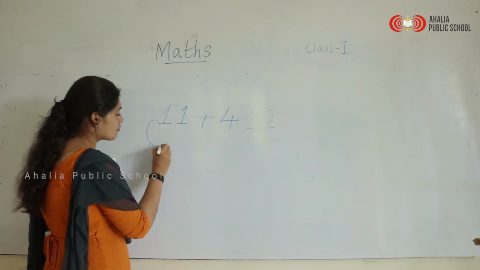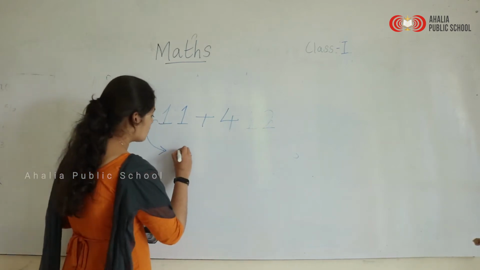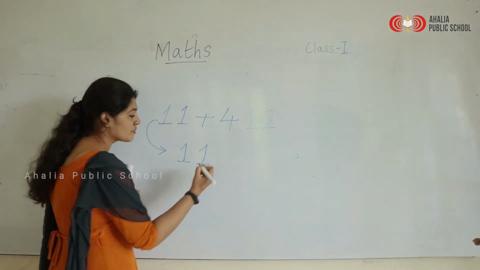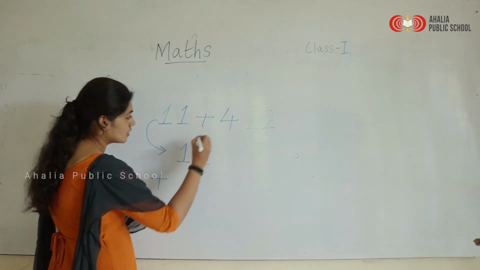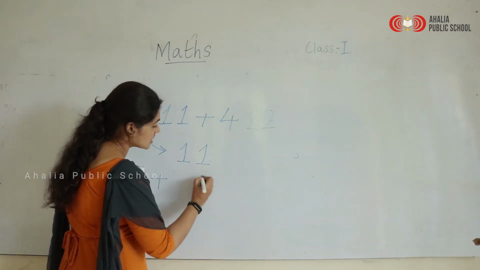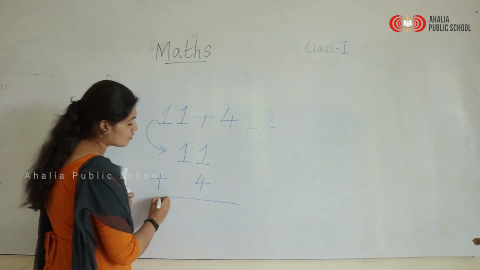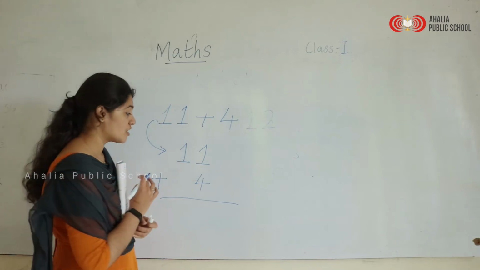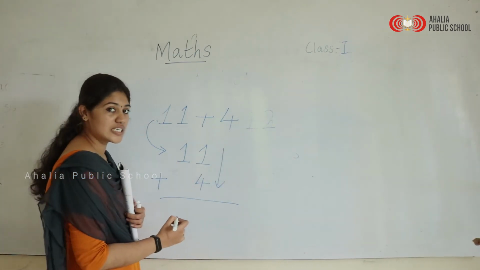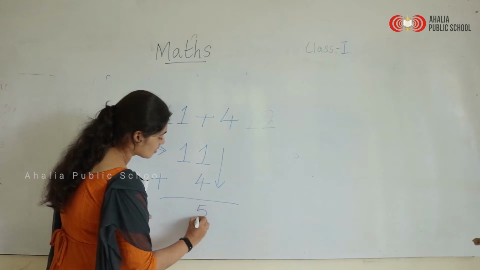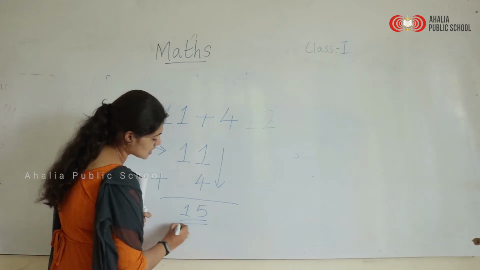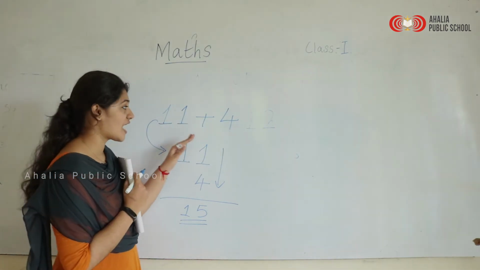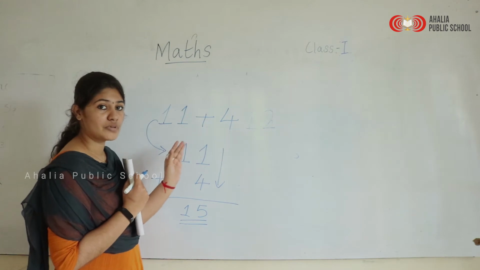So we can just write it in the form of a vertical addition. Vertical addition means that first this number should come first. 11, plus this 4 will come, this 4 ones will come here, and what will it come to, children? First count the ones place. What is it? 5, and one more ten here, the number is 15. So 11 plus 4 means that from 11 we have to count 4 more numbers forward.